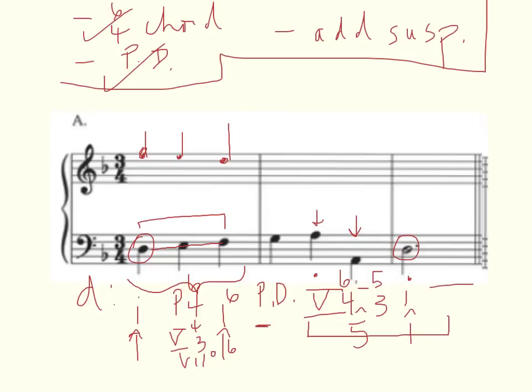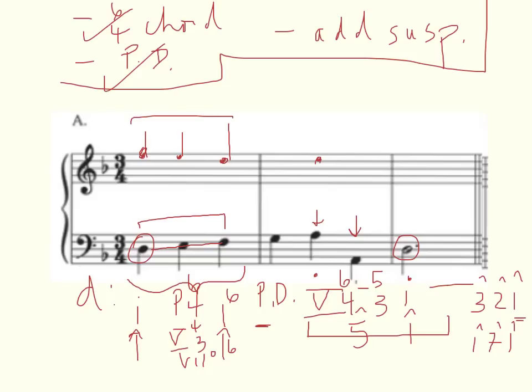Cadential 6/4s have two sopranos that are extremely common. One is to close 3, 2, 1. That makes anything sound very end-like, to start moving downward and ending on 1. The other one is very similar to it. It's 1, 7, 1. How about, since I've already done 3, 2, 1 at the start here, I decide to